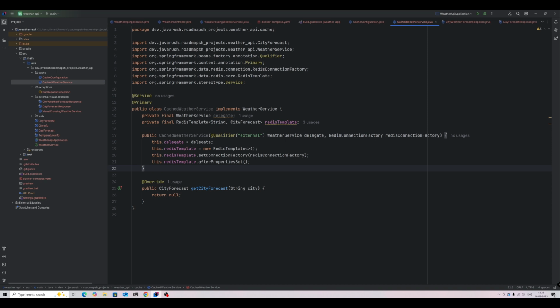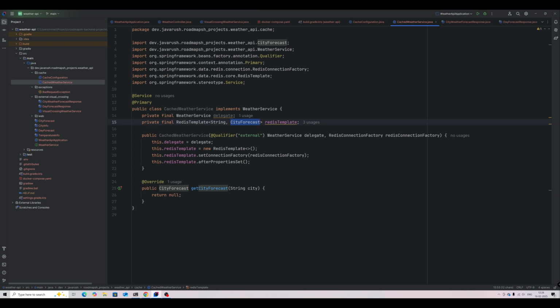In this case we will call the external weather service, which will throw a 400 bad request exception, and in that case we want to be able to store that in the cache because the type is CityForecast only. So we want to store that in the cache and we will return the result. Now again if the user sends the request for the same city again, then again we will make an external weather service call. We don't want that. What we want is